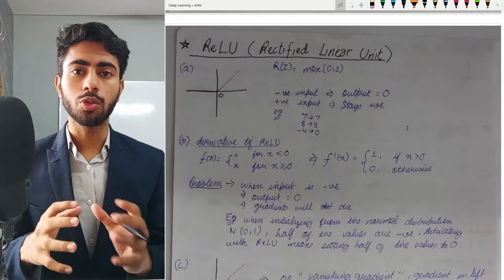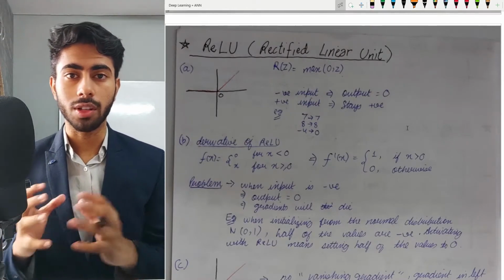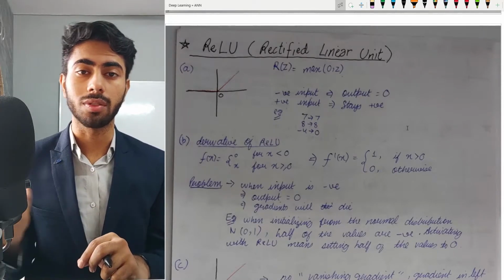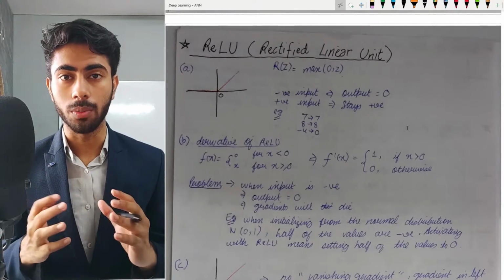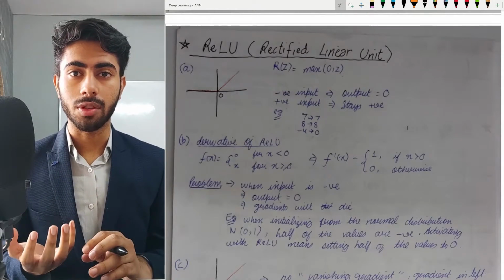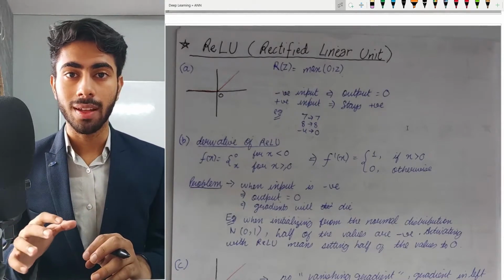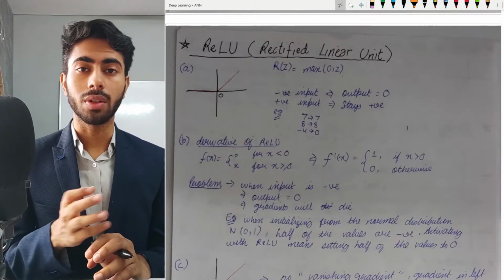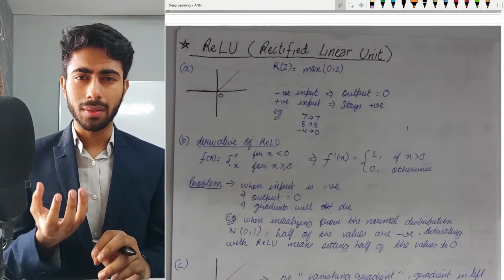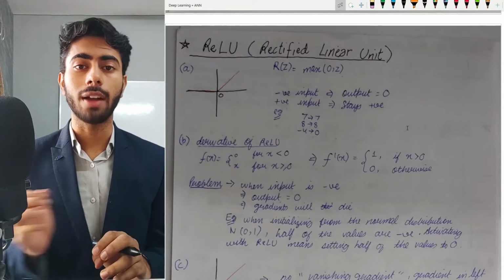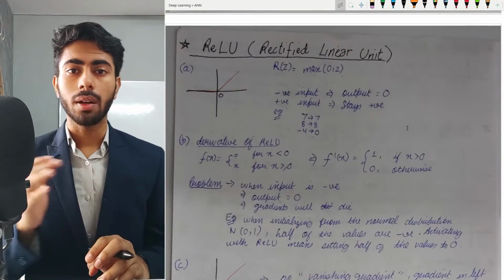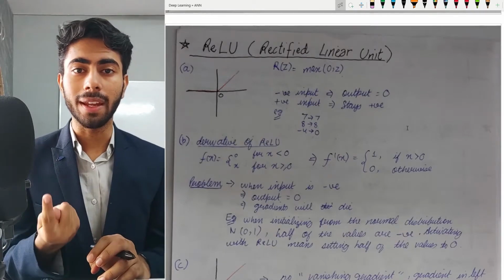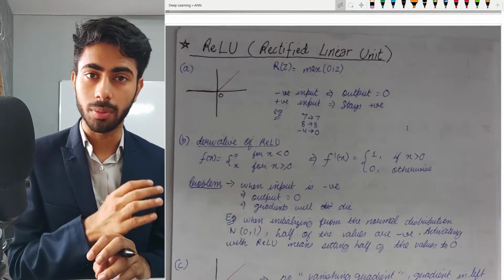So in order to tackle those issues, a new kind of activation function was developed, and that was known as ReLU. ReLU is a really good activation function and a very popular choice, and you will be encountering and using ReLU in most neural networks. But there are a few issues with ReLU also, and in order to solve those issues, some variants of ReLU, that are PReLU, ELU and leaky ReLU, were developed.